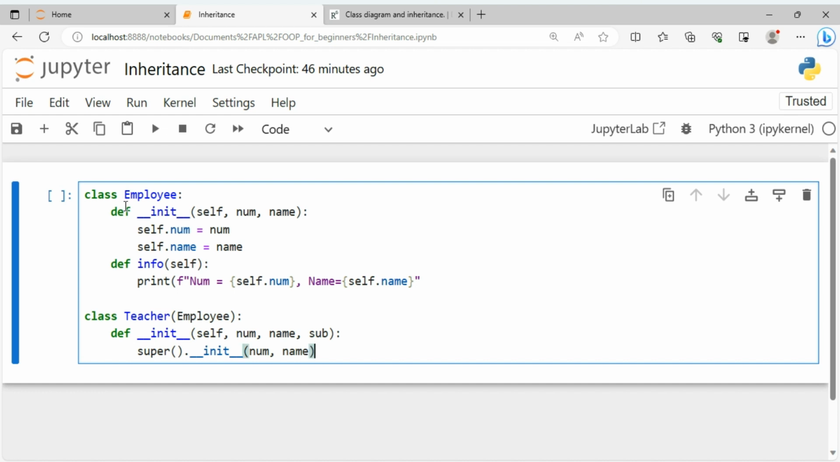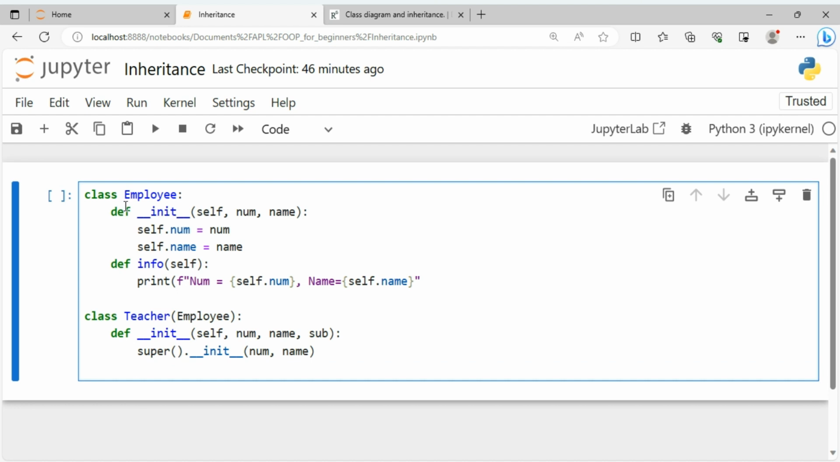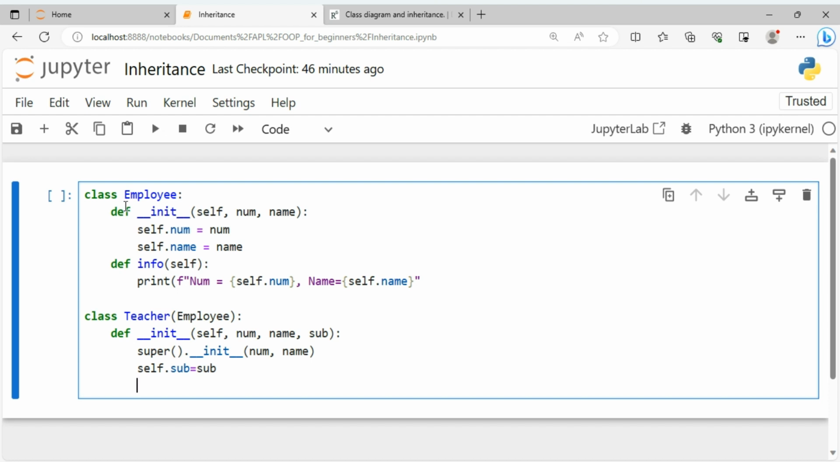class. And lastly, in the body of this Teacher class constructor, we will initialize the third instance variable, that is subject, which is assigned by the third parameter sub. And in the body of this Teacher class, we will also define the method info. By definition, the info method from the parent class is also inherited into the